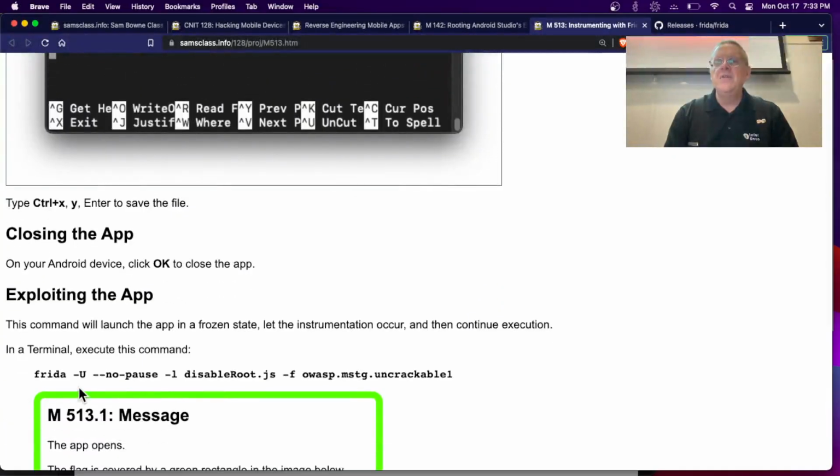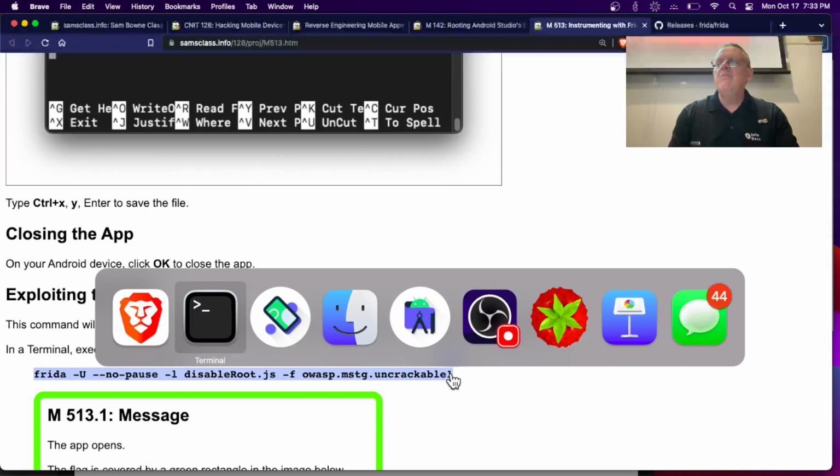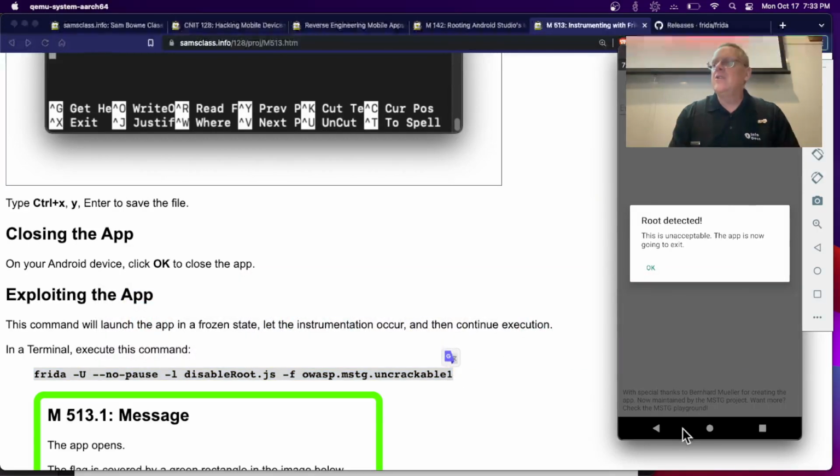What this is going to do is connect to the machine, then launch disableroot, and then launch this app, because the first thing it does in the main activity when it first launches is check for root. So I want to have this running first, and that's what the -F for force and no pause is doing. This forces it to load this one first, and this tells it to then run the app without any pause. So this will relaunch the app in the environment with the methods hacked. So I'm going to close this one,